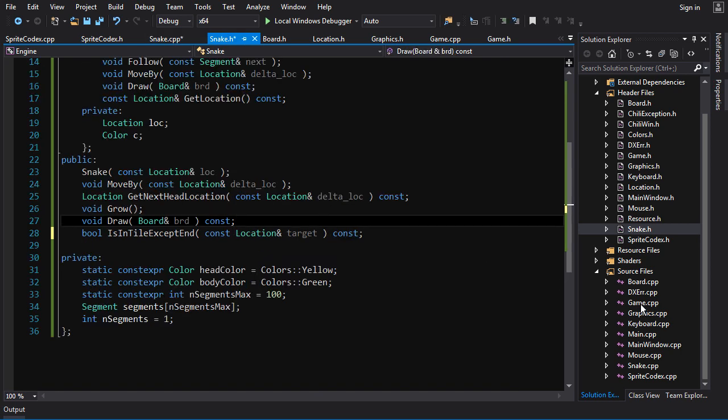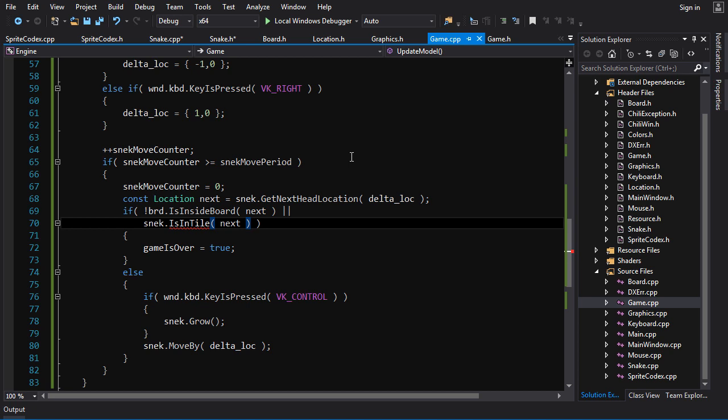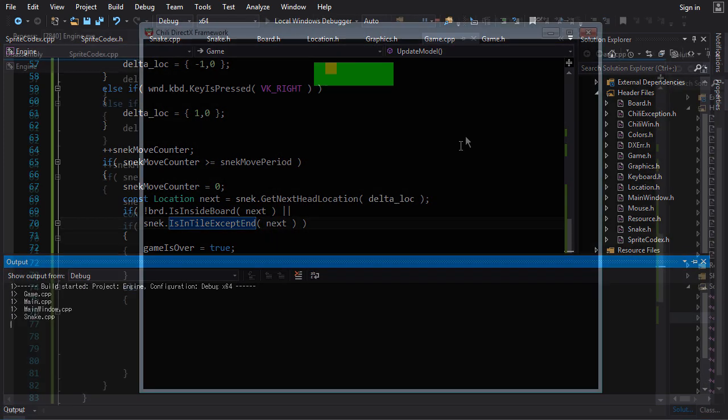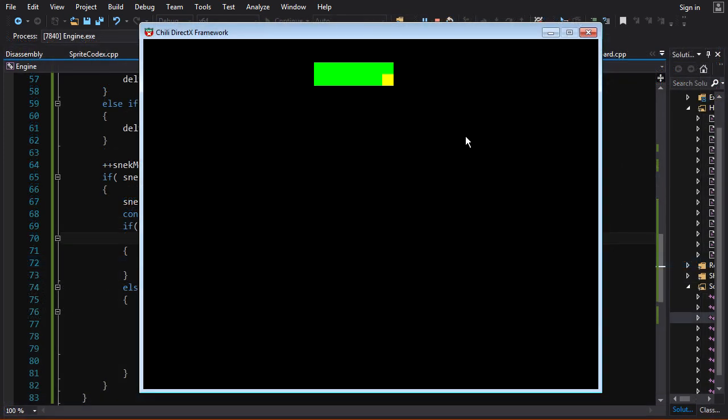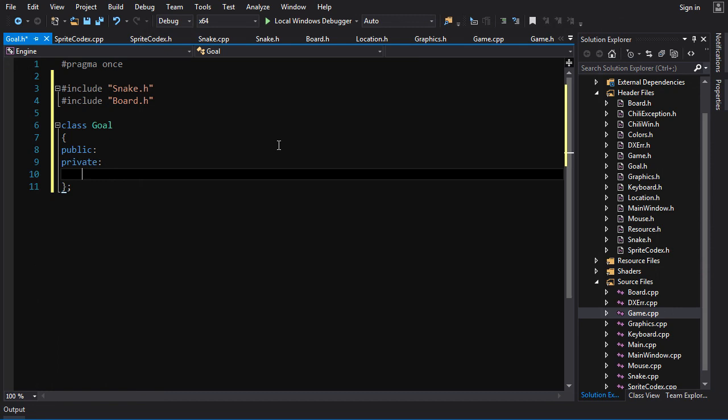Now we go into game.cpp, we go is in tile except end. And if I test this, it should work. So you see here, I can make the snake follow its own tail like this, and it won't cause a game over condition. All right, it's time to tackle the final part of this puzzle here,